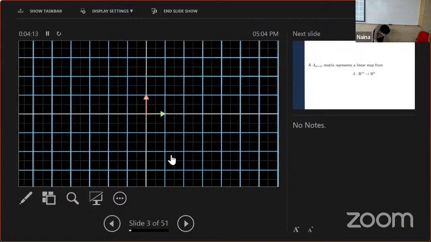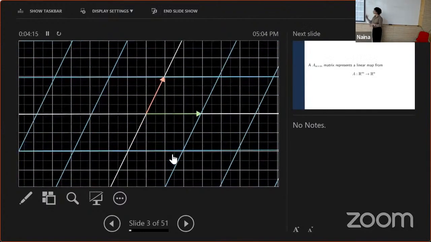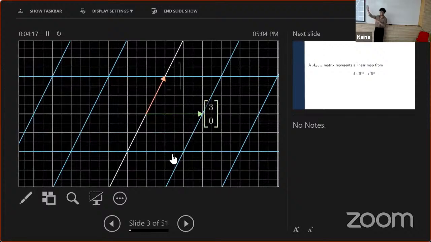This animation by 3Blue1Brown shows what happened: the grid that we had earlier got rotated and stretched. You can track where every vector goes, and you can represent this transformation in the form of a matrix. Initially you had the vectors (0, 1) and (1, 0). After you stretch, they go to the vectors (3, 0) and (1, 2). To encode this transformation, you can represent it as a matrix, given by 3, 1, 0, 2.